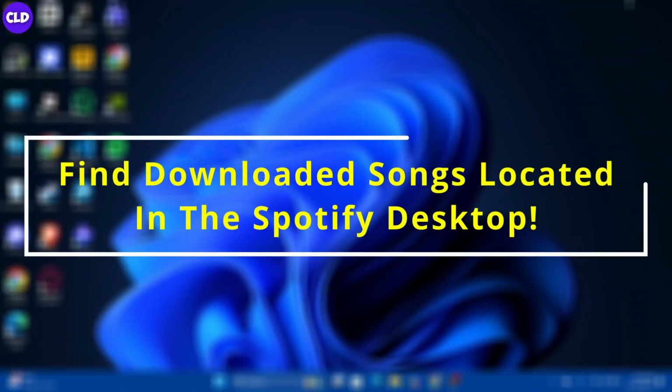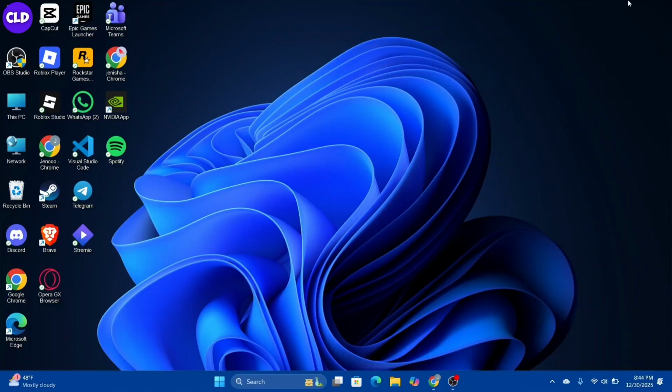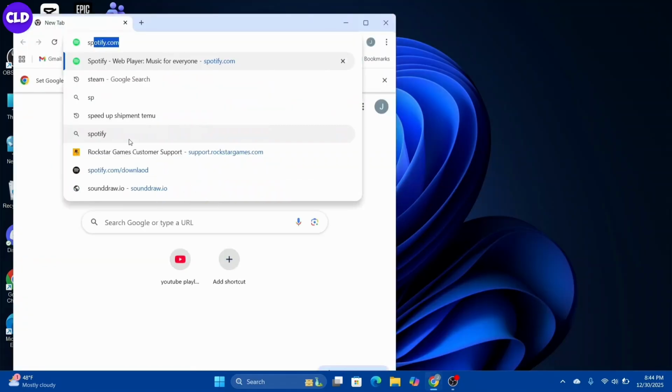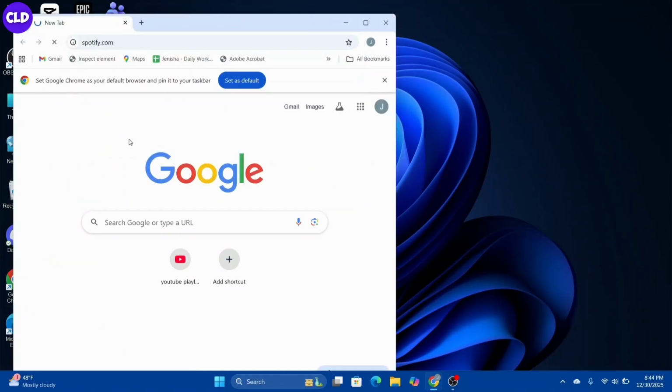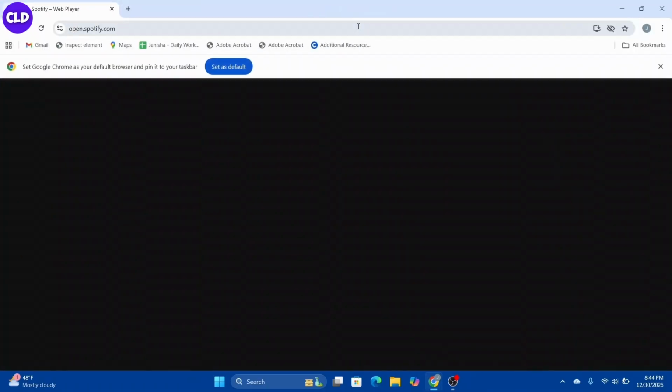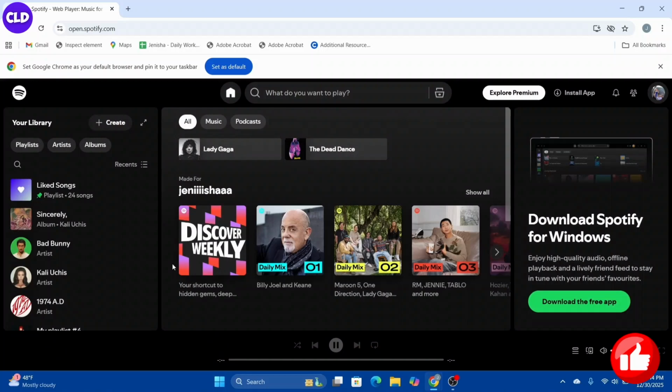If you're looking for your downloads that you've done on your Spotify application, in this video we are going to provide you with a visual guide on how to find it. So let's get started. For that, you can start by using the Spotify application first. I'm just going to use a browser for now. So you can type in spotify.com and open it up on your screen and log in if you are